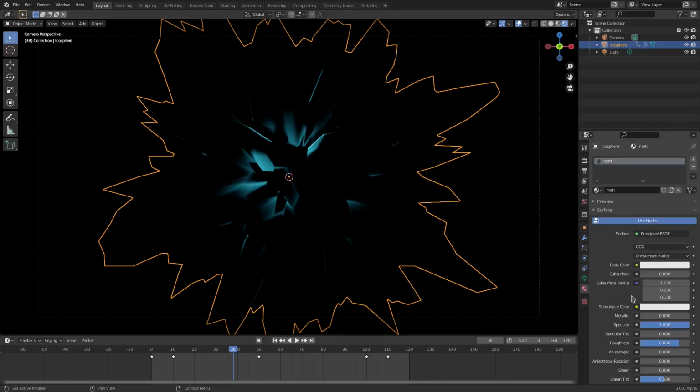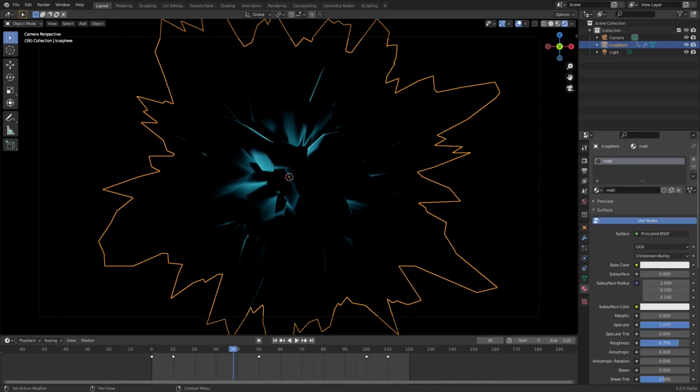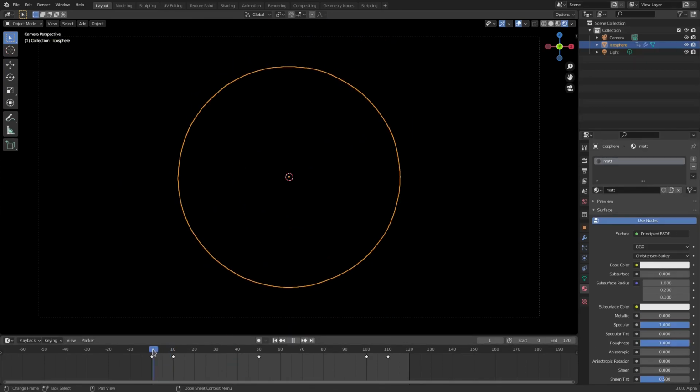So let's animate the roughness here, so you can see it does that little movement that we were talking about. So animate the roughness, and we'll also animate the lamp a little bit. Let's start off with the roughness value. So hover your cursor over top of roughness when it's on frame 0.